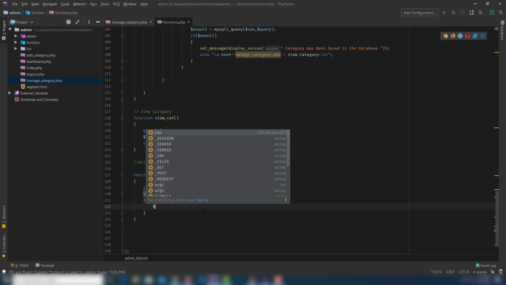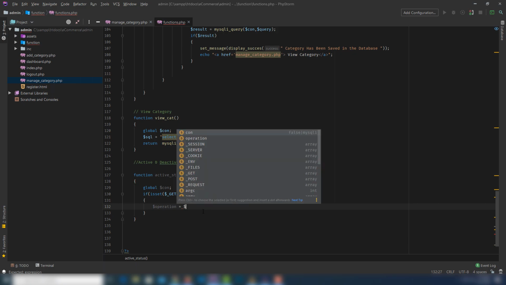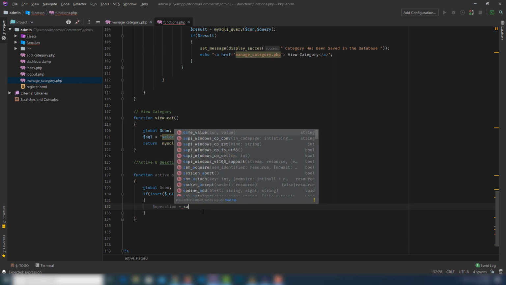Inside the if body we need to get the value from the get variables. I'm gonna write OPR, or you can use operation. Okay, operation equals get safe value. This is my function,